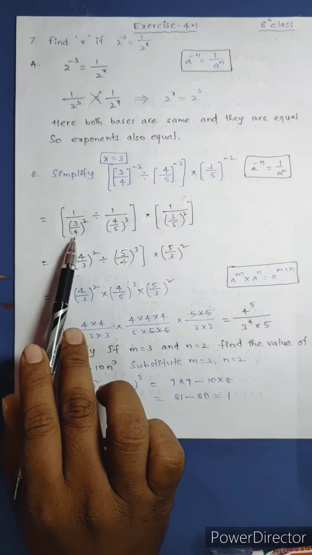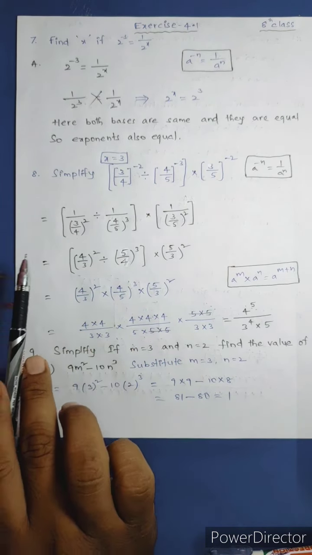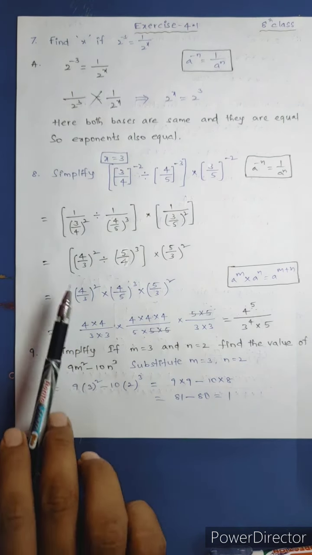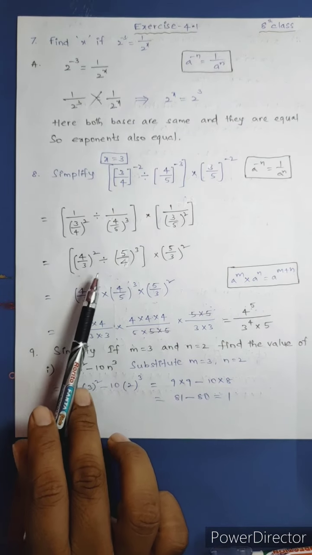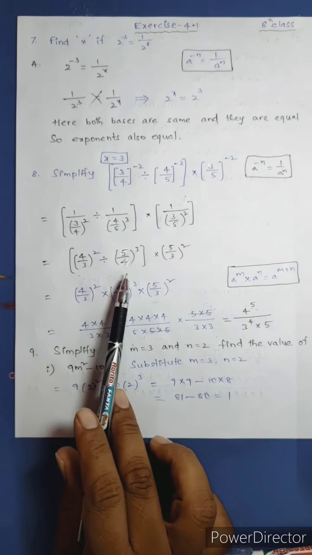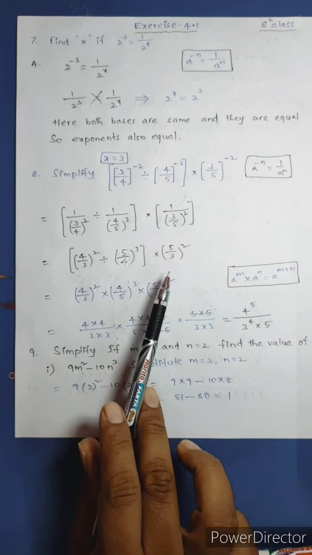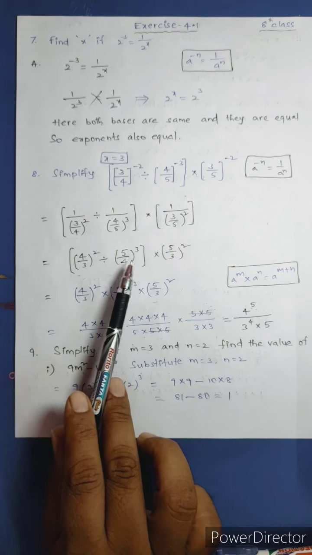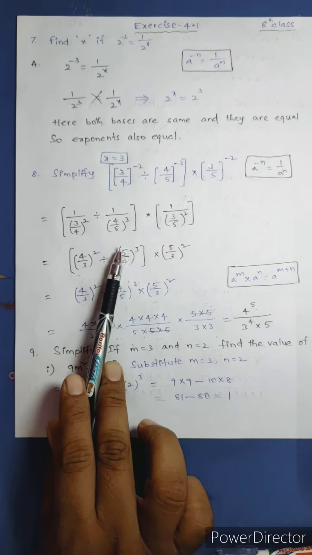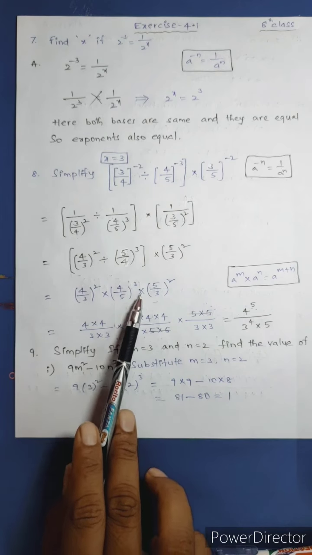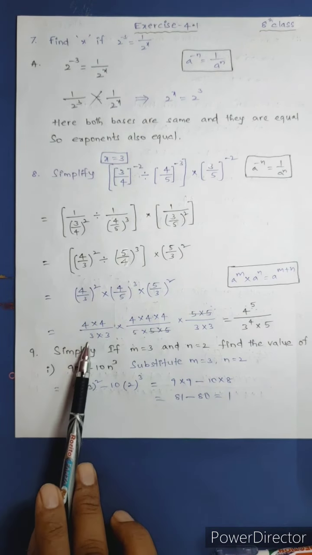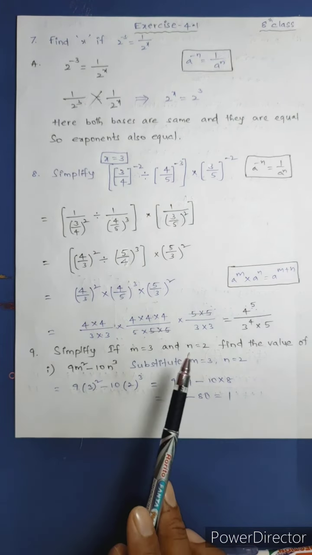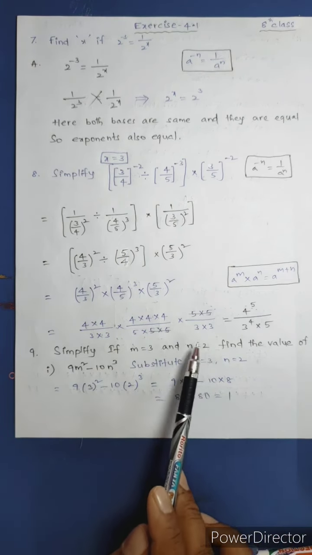Now again in the denominator place there is a fraction. So write this fraction's reciprocal in numerator place. 3 by 4 changes to 4 by 3 whole square divided by 5 by 4 whole cube into 5 by 3 whole square. Now again this is numerator and this is denominator. Again write the reciprocal of this fraction: 5 by 4 becomes 4 by 5, into as it is. Now 4 two times, 3 two times, 4 three times, 5 three times, 5 two times, 3 two times. 2 times 5 get cancelled.